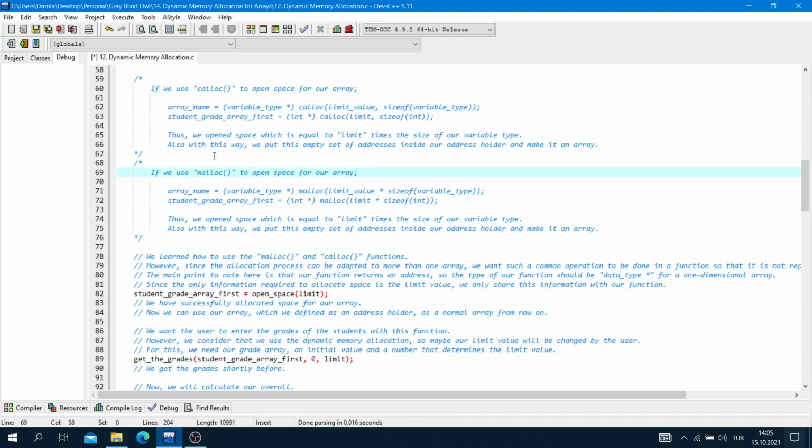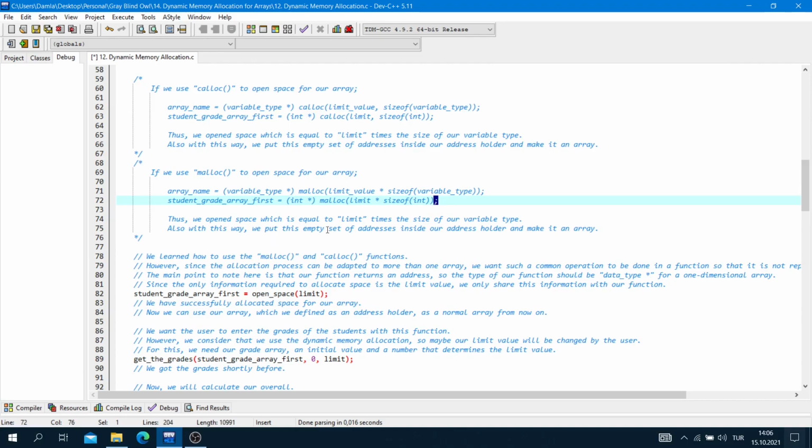Okay, if we use malloc to open space for our array name, variable type, and reference, so for example integer pointer like that, and malloc, limit value times size of variable type, like that. Student grade array first, our array's name, our address holder name actually, and this is equal to integer pointer malloc, limit times size of integer and semicolon.